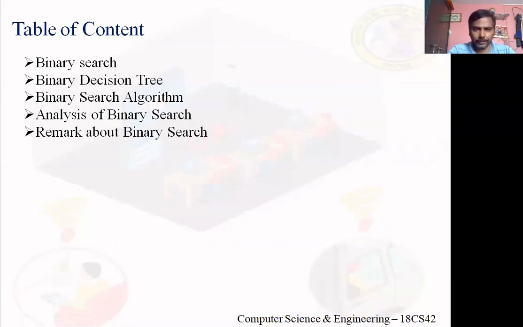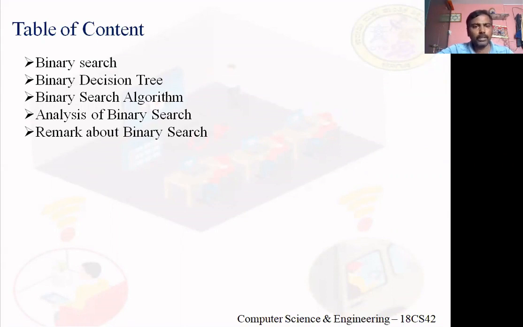But apart from concluding successful search, you need to tell me how many comparisons have been made to locate this key element which is at index 7.